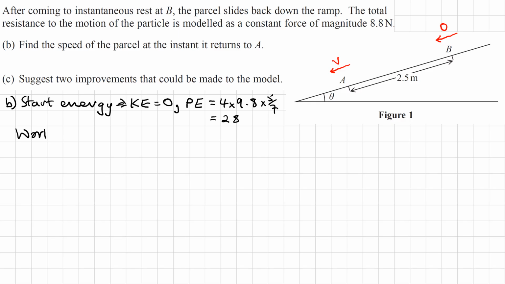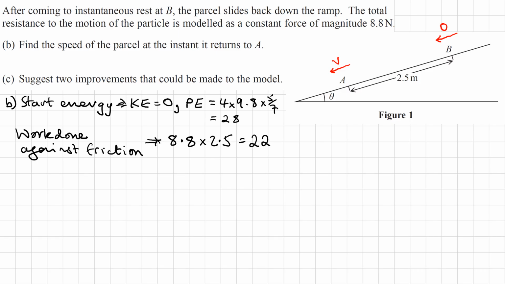Work done against friction, well, that's going to be our frictional force times the distance of that frictional force. So the frictional force, its size is 8.8 and the distance is 2.5. So that's going to be 22 joules of energy lost. So how much does that give us at the end? Our end energy, well,